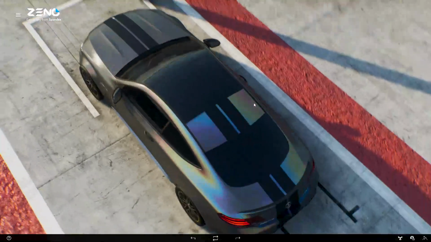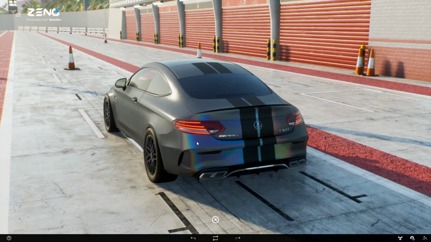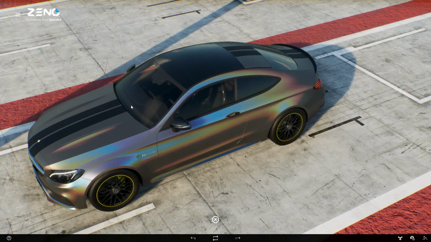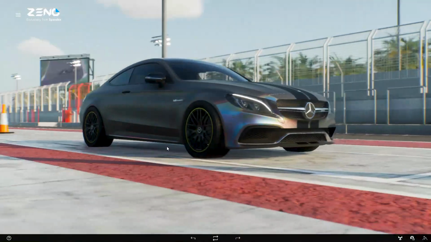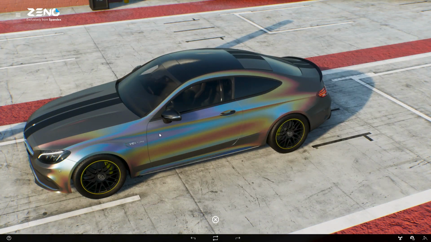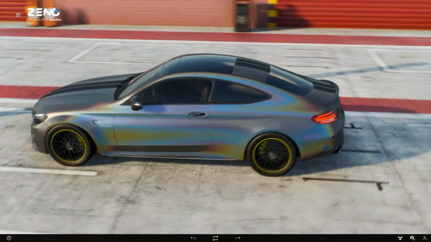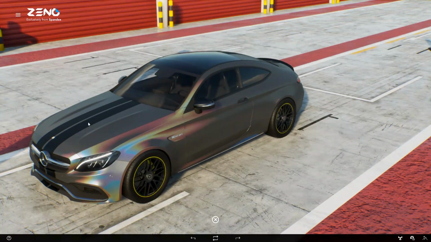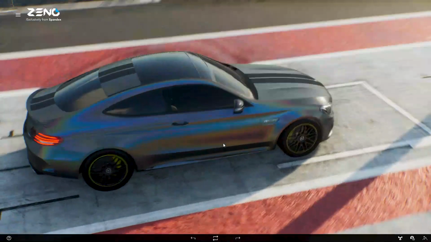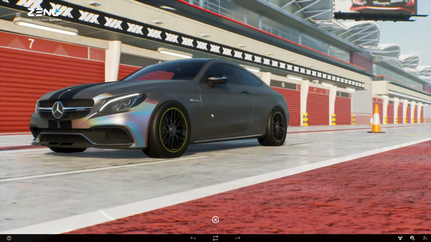So the door handle, the stripes, the window tint, and the yellow stripe here adds approximately €1,800 on top of your full wrap color change. It's possible that a customer is hesitant about all the extra costs and doesn't ask for all the additional services. But if they are impressed enough by the extras you offered, it's likely they will order, for example, a window tint or a wheels wrap in addition to what they came in for. So this is how Zeno is the perfect upselling tool.